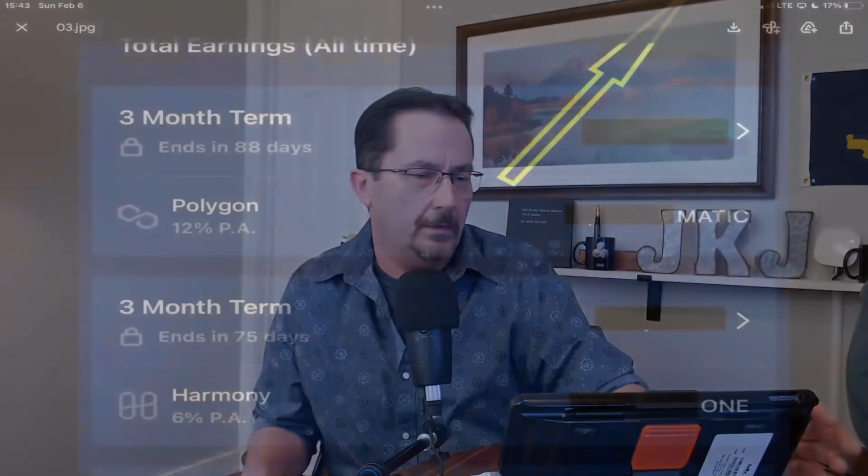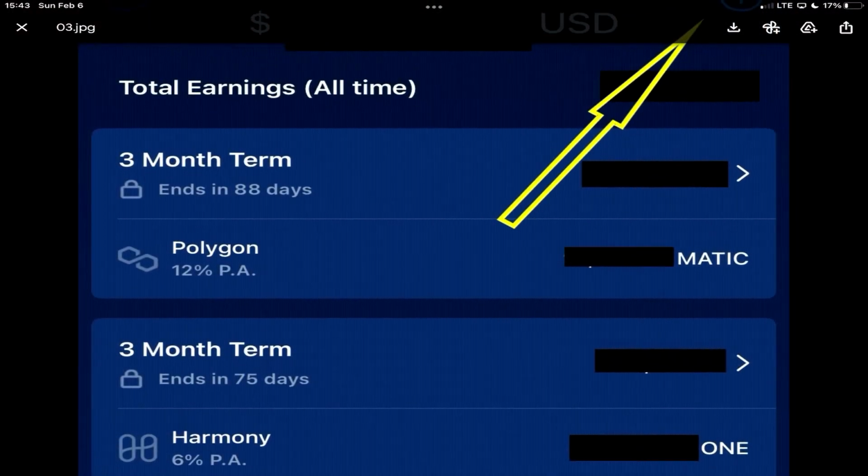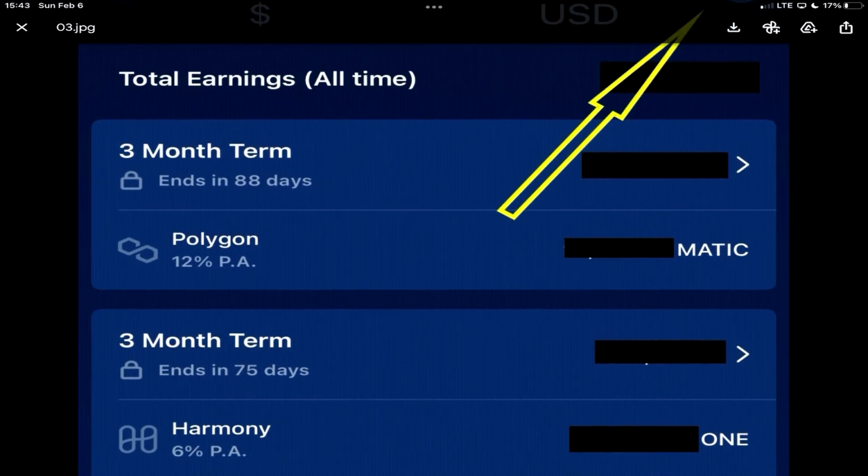If you do the flexible one, it'll be sitting here and won't have an end in X number of days. It'll just be sitting there. These are contracts. This 3-month term right here with Polygon or Matic is a 3-month contract. But if it's the flexible, the contract is you can terminate it at any time and get access to that Matic or whatever you have selected in the flexible one.